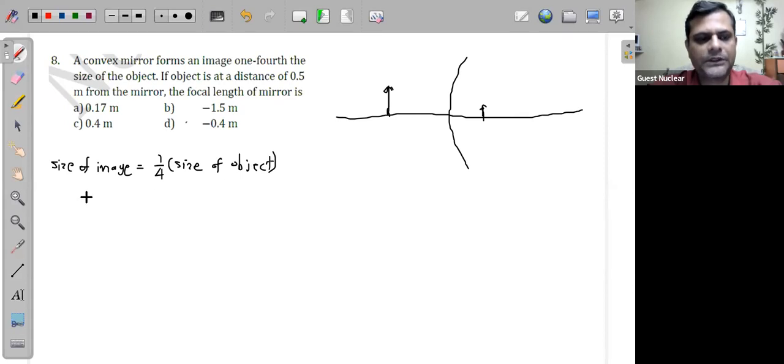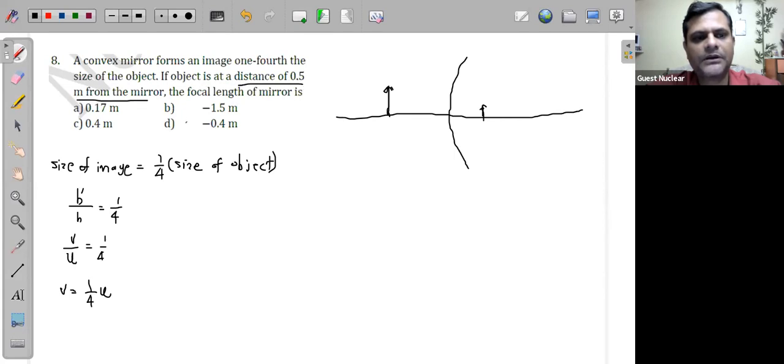Yes, so that means the ratio of the size of the image to the size of the object is going to be 1/4, which also means that because this ratio is also equal to V upon U, right? So you can just have that this V upon U is also going to be 1/4, which means V is 1/4 of U. Okay. So if the object is at a distance of 0.5 meter from the mirror, that means U is already given. Okay. So if U is given,